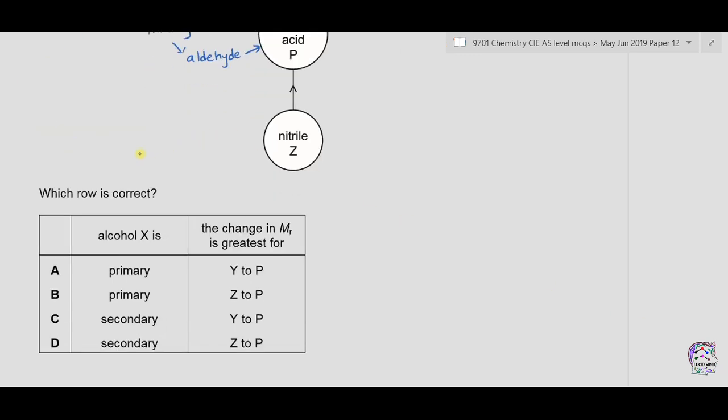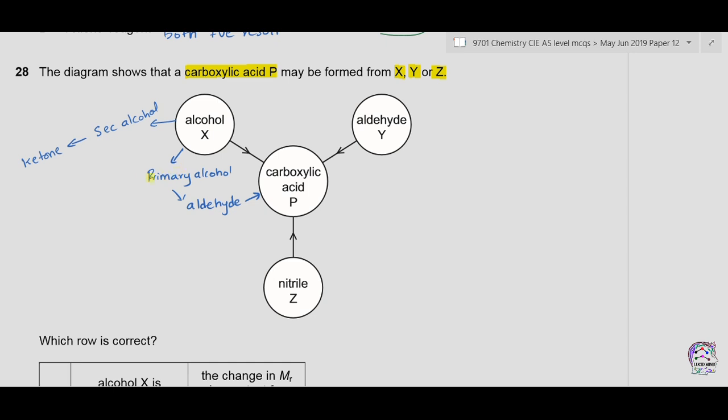In the options we can see that alcohol X should be primary, so it could be A or B. It is not C or D. And we also have to find the change in molecular mass which is greatest. Let's take an example of 1 carbon primary alcohol. So we have CH3OH. It will be converted into aldehyde, which will be HCHO,